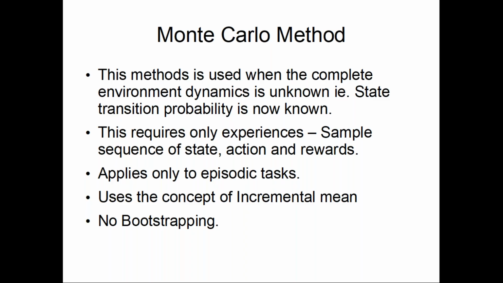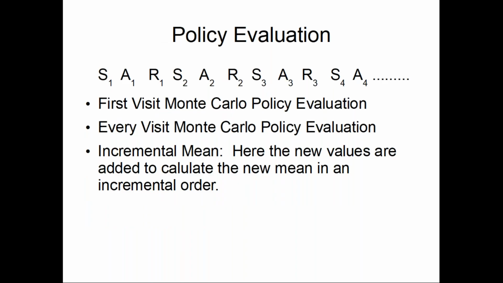No bootstrapping. There is no need for bootstrapping here, because all the states are known clearly, and all the rewards are known very clearly. We know what reward we are able to get. When we are not able to clearly guess, we use a discount factor, gamma, and then we do bootstrapping. But here we never need that. So that is Monte Carlo.